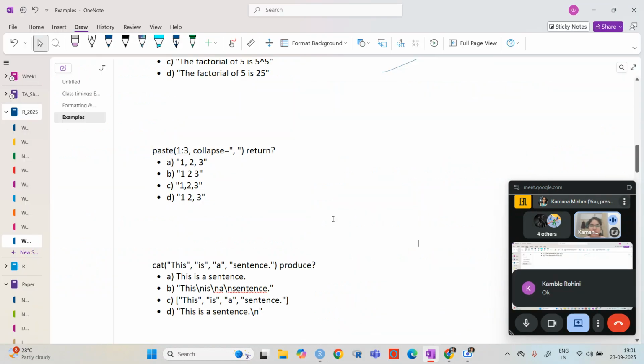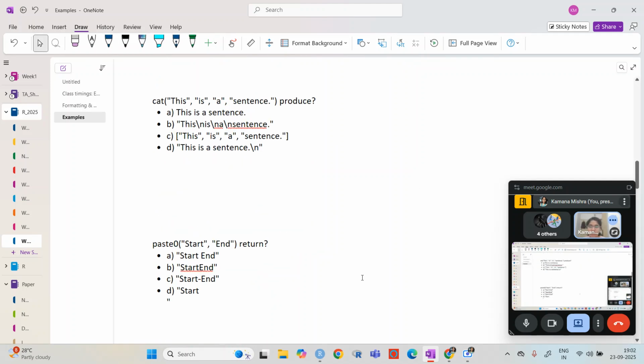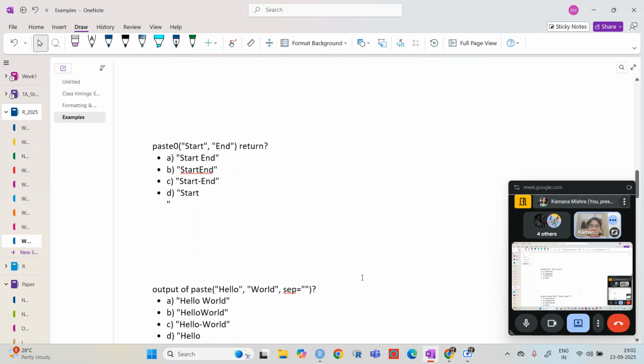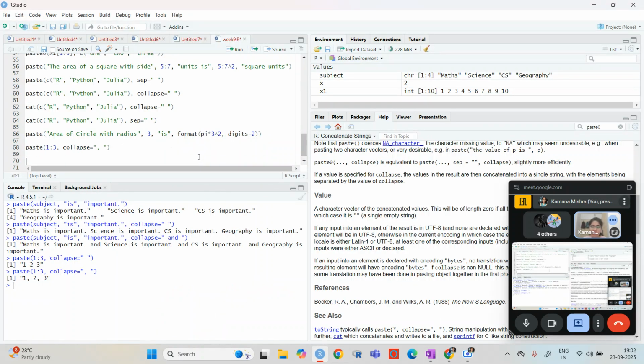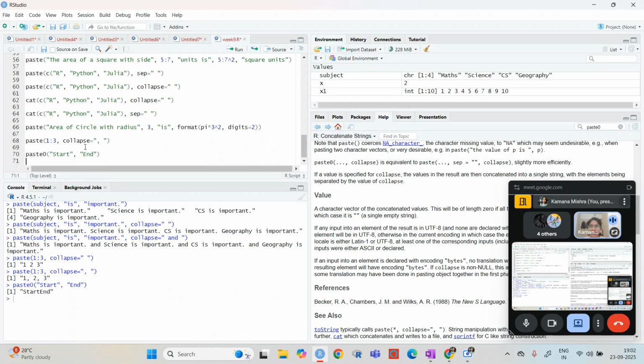Okay, so we will have the C option, correct. Base 0 is basically if you have a start and end, and we are not giving anything else, then it will just remove the space.